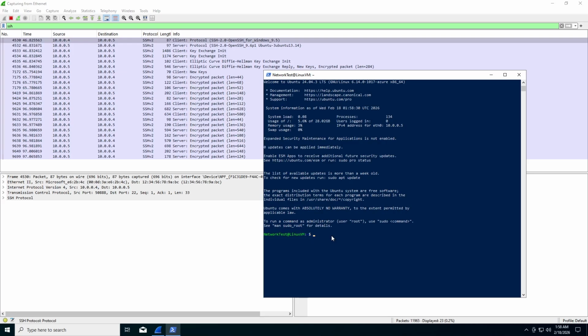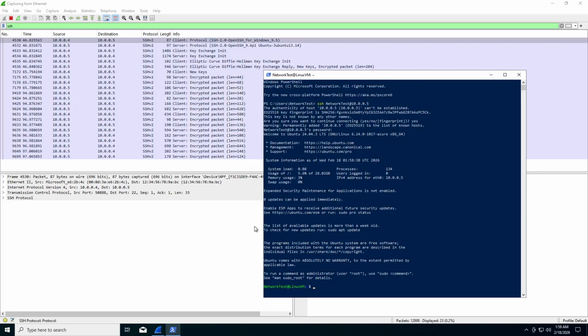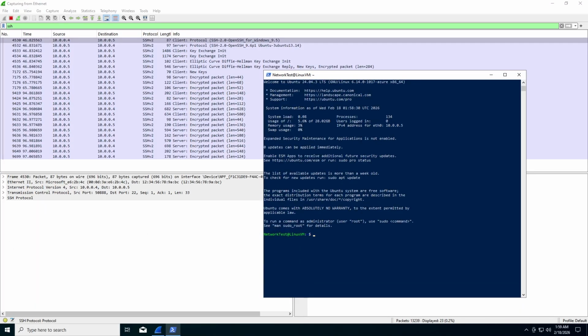So after we typed in the password, we're connecting, and now we are seeing the Windows computer, the client, remotely managing a Linux computer, the server. Basically, this is a standard administrative connection used to run commands on a machine that isn't physically in front of you. And we use PowerShell to build a secure encrypted tunnel to the Linux machine at the address